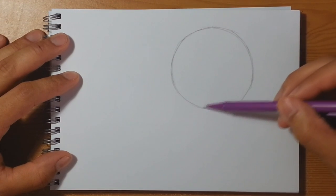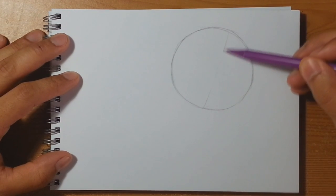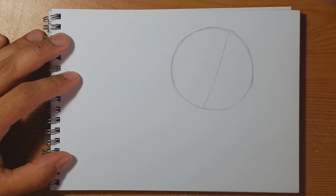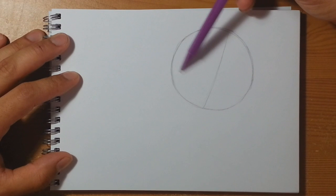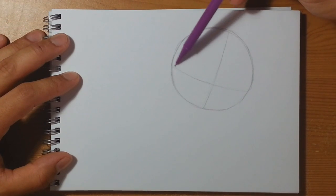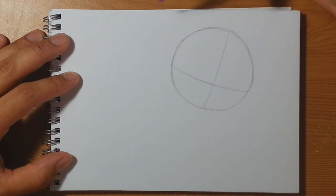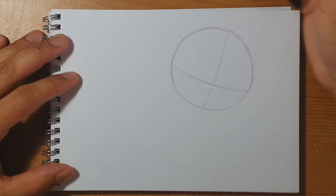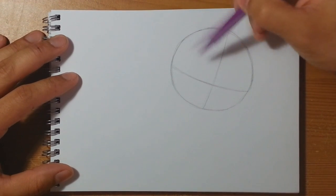Now I'm going to imagine a center line that curves slightly off to the right there, ever so slightly. That's going to be the middle of Squirtle's face. And then the bottom third of this, if I draw a line just right about here that curves all the way around, I'm going to have the eyes sitting on top of this line and the mouth will fit the space below. So if we go ahead straight away and think about this mouth,